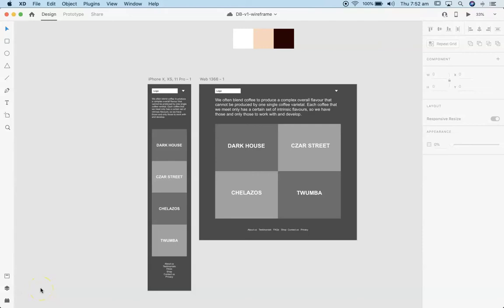I'm working on a design for a local coffee roaster, a small business in the area. I've put together so far my wireframe layouts for a mobile first design and also a desktop design. I was just going to step through the pretty simple process of turning that wireframe into more of a high fidelity finished design that we can use as a basis for code and starting to render up that website